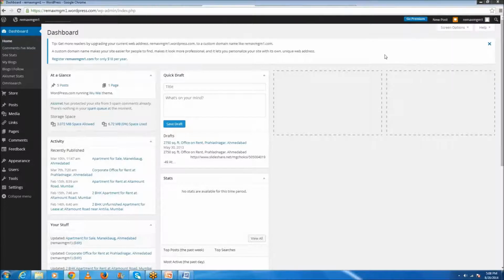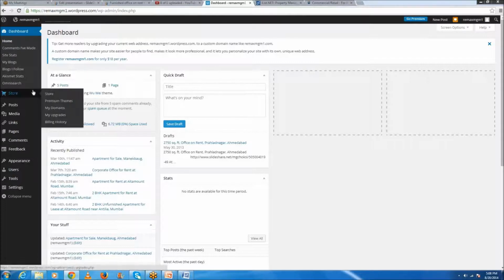Now when you are logged in to your WordPress account, you will need to go to this post. In this post you will click on add new.